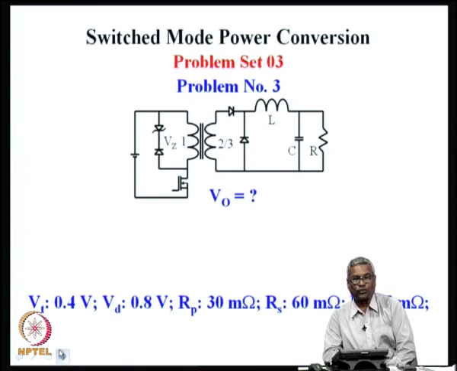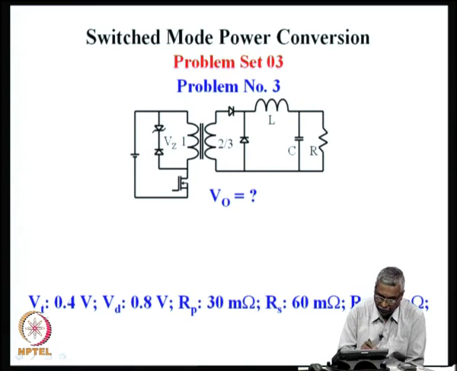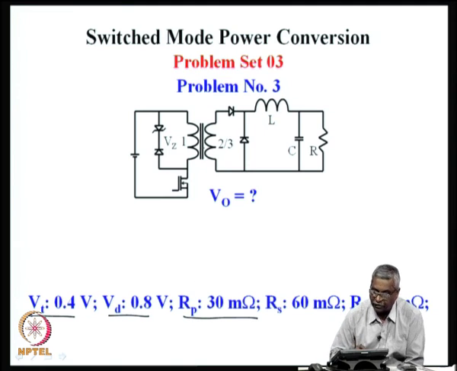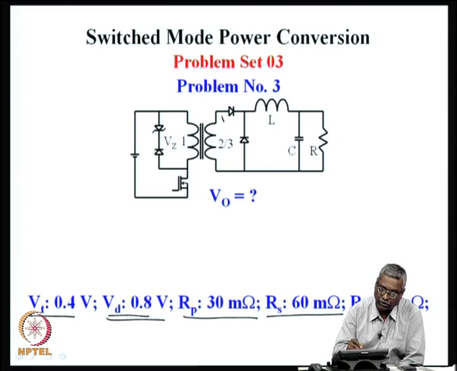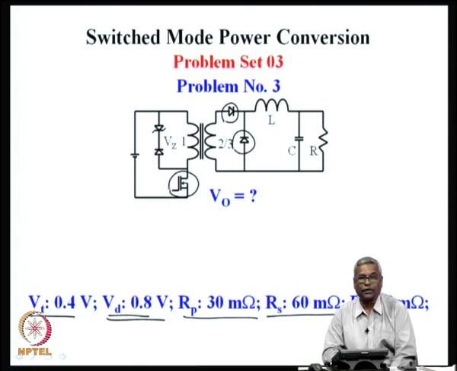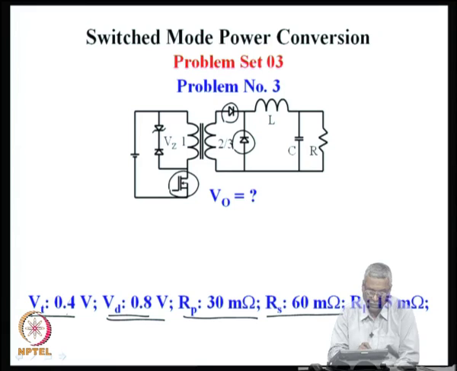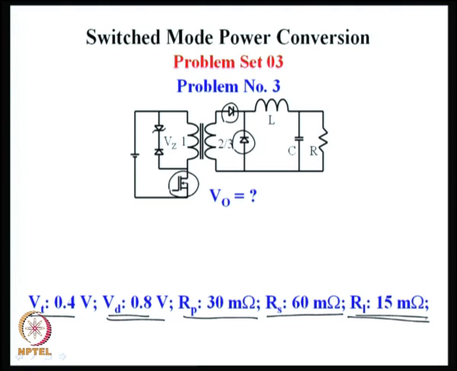For example, now we are given several pieces of information about the various drops: the parasitic resistance in the primary winding, the parasitic resistance in the secondary winding, 0.8 volts in each of the diodes on the secondary side, a drop of 0.4 volts in the main active switch, which is the transistor here, and the output inductor has a parasitic resistance of 15 ohms. So, all these will contribute to